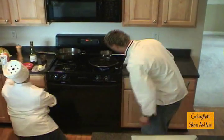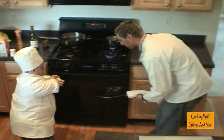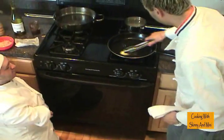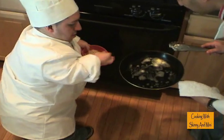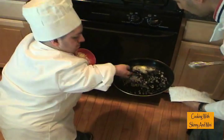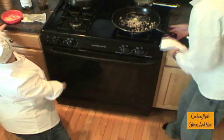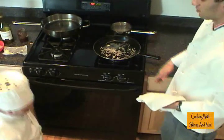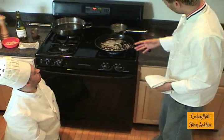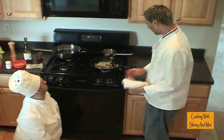Ready? I already have our pan on. It's already on hot. So, like I said, let's add one piece of butter just to start. There you go, Chuck. We'll let that kind of melt down. Grab our shallots. Chuck, add a little more. Add our shallots, and we're going to saute these. And it'll only take like a quick minute. We don't want to saute them too long because they could burn. So we're just going to let them heat up, release the flavor, and then we're going to go ahead and